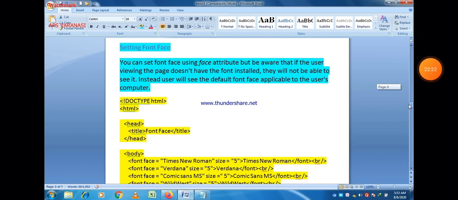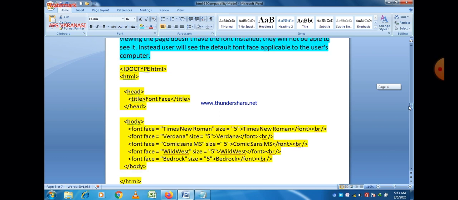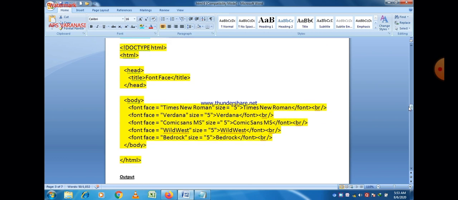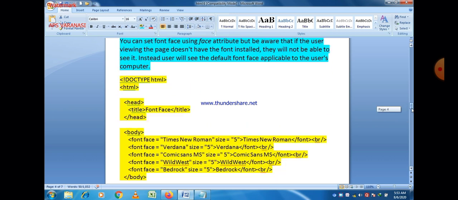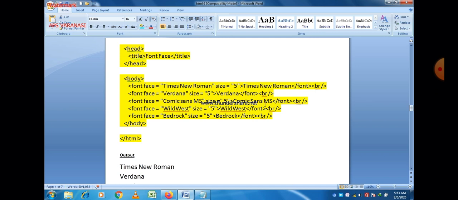Now setting font face values. You can define different font face values in the program. Here you can see different font face values with size given. Times New Roman is the default, and then Verdana, Comic Sans, Wild West, Bedrock.